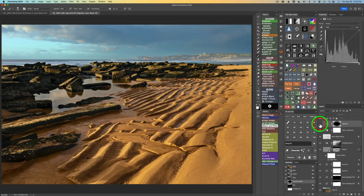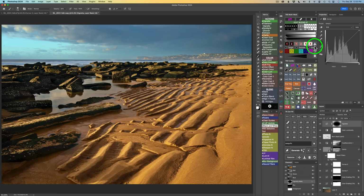Here is the before and here's the after, and I think that's good, but I think I need a little more, so I'm going to drag this opacity to the right up to like 40%. Here's the before and here's the after, but I do want to protect these clouds up here a little bit, so what I'll do is click on the Edit Blend If button, and to protect those clouds, we can choose